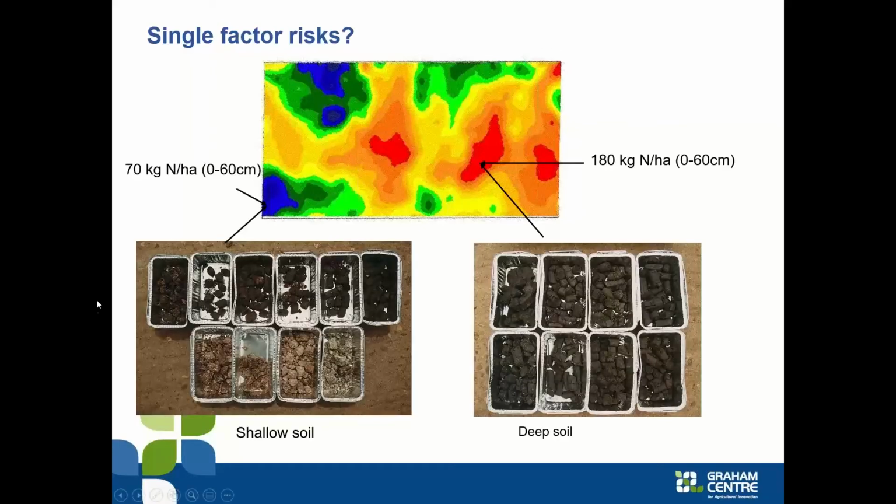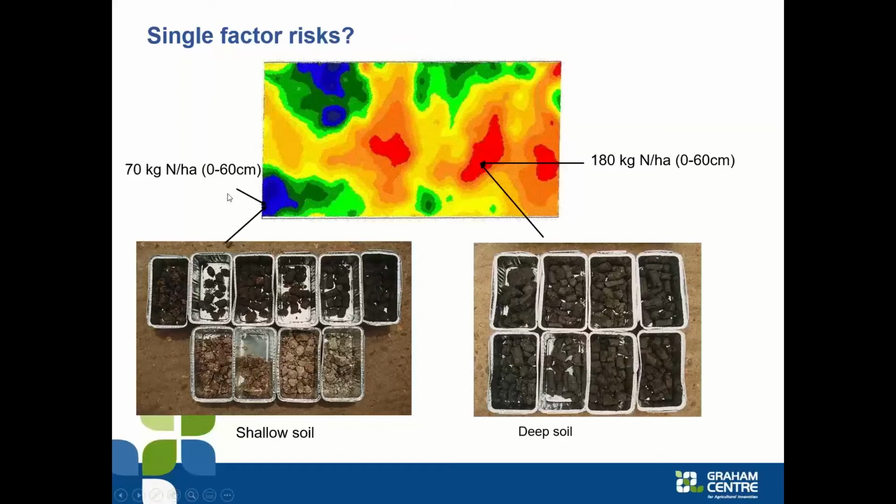But if we make the observation of what the soil type was like at the time of the sampling, and continues to be, in these low conductivity zones, the soil was actually only 30 or 40 centimetres deep. It was a heavy black clay soil. In the red zone, the high conductivity zone, the soil was metres deep. And so it might well be that these two areas of the paddock have very different yield potentials.